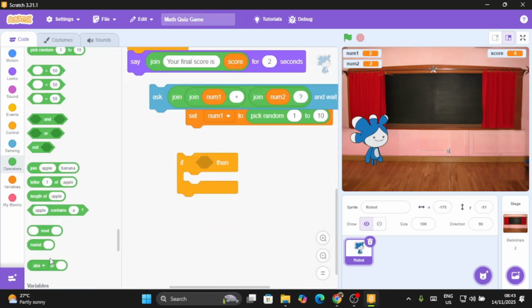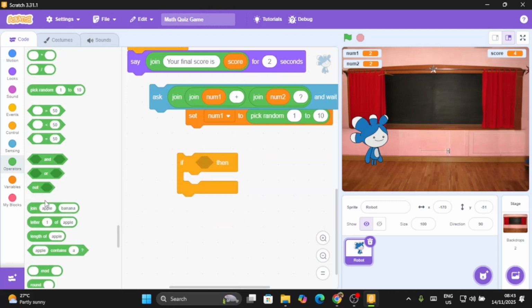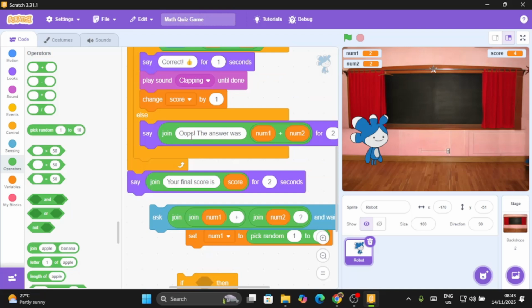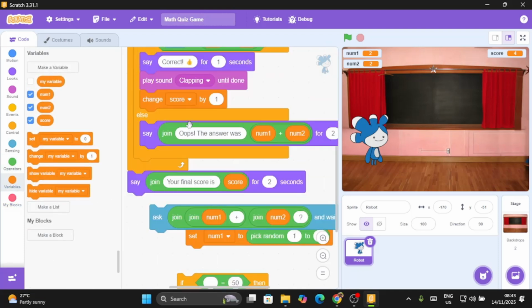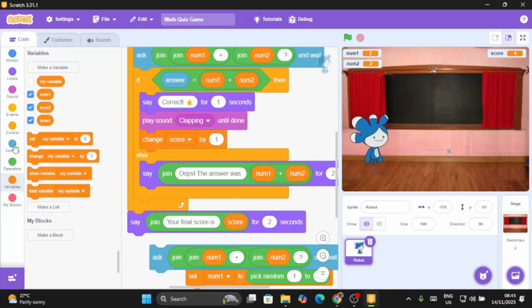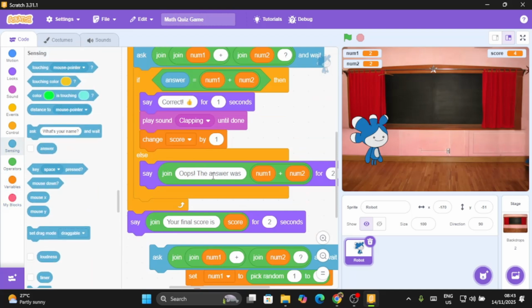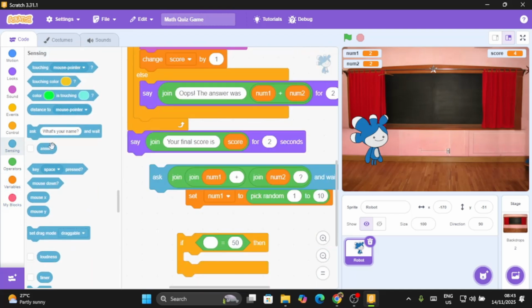So what we do is pick this block, add here, and we say answer. You need to get it from sensing answer. So whatever the answer is, stores in this answer. Then we say if answer is equals to